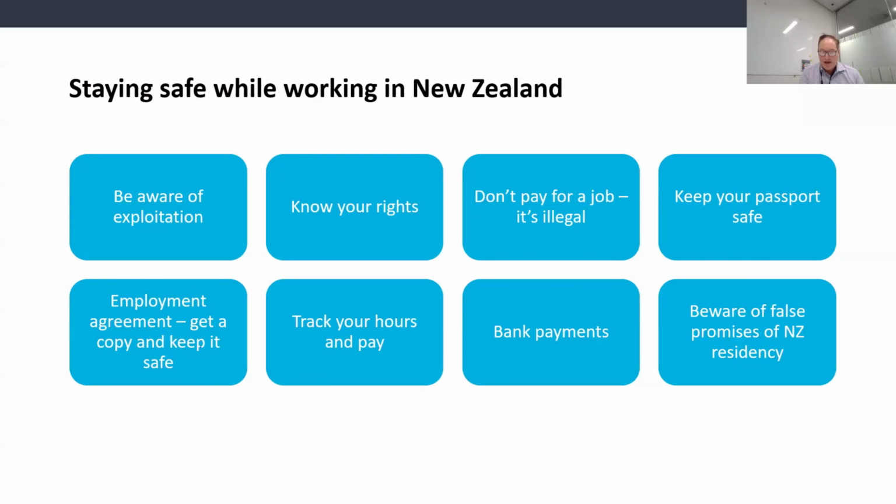Know your rights. Migrant workers have the same minimum employment rights as New Zealand workers. This means that migrant employees have the right to a written employment agreement, to be paid minimum wage if you're 16 years or older, paid rest breaks and unpaid meal breaks, sick leave, bereavement leave, parental leave, and domestic violence leave, public holidays, 1.5 times your normal pay rate plus another day off if you work on a public holiday that is normally a working day, and 4 weeks of paid annual leave.